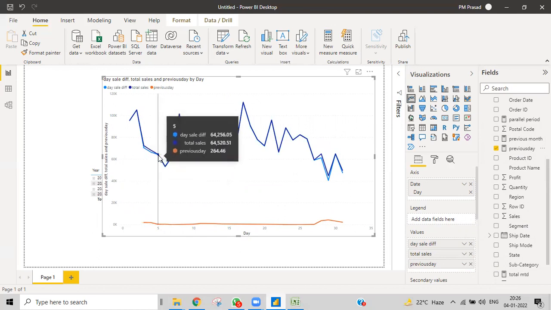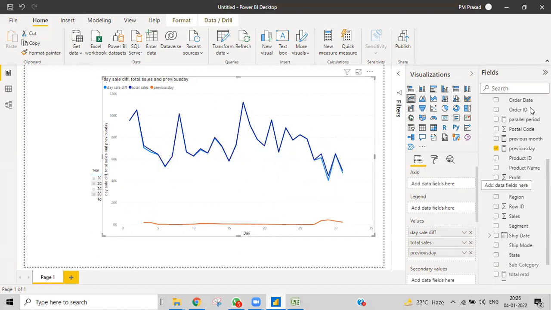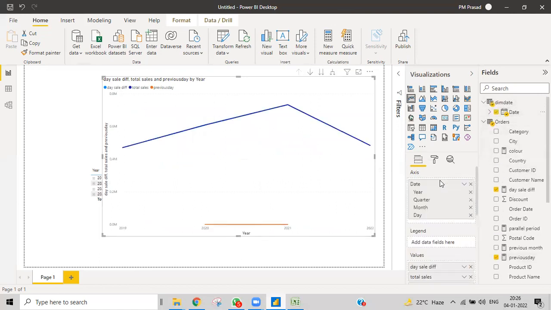Previous day sales, total sales, why is it showing like that? Something we are messing up, there is an error over here. So we need to take all the things and then you'll get all the values.